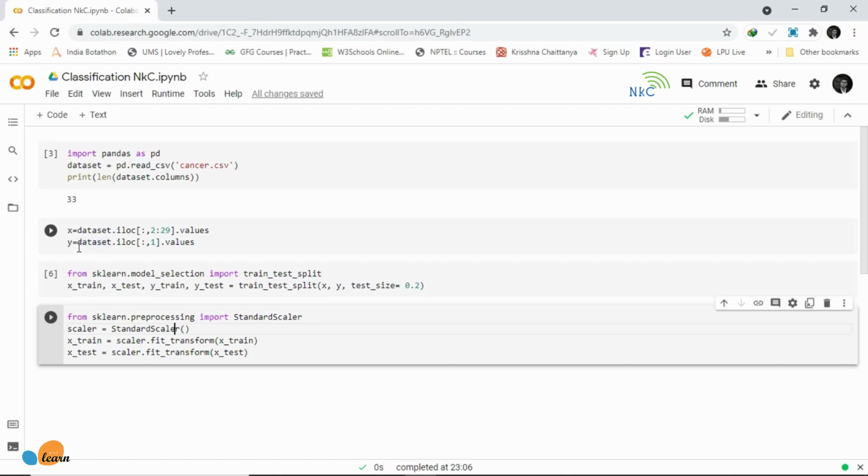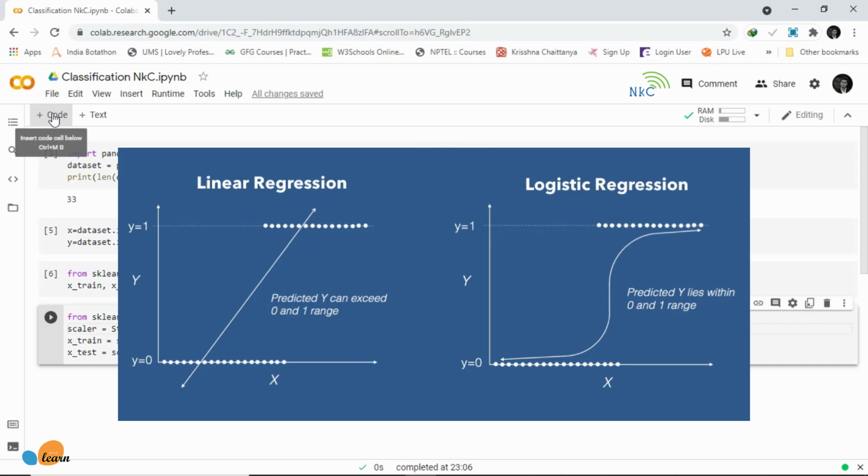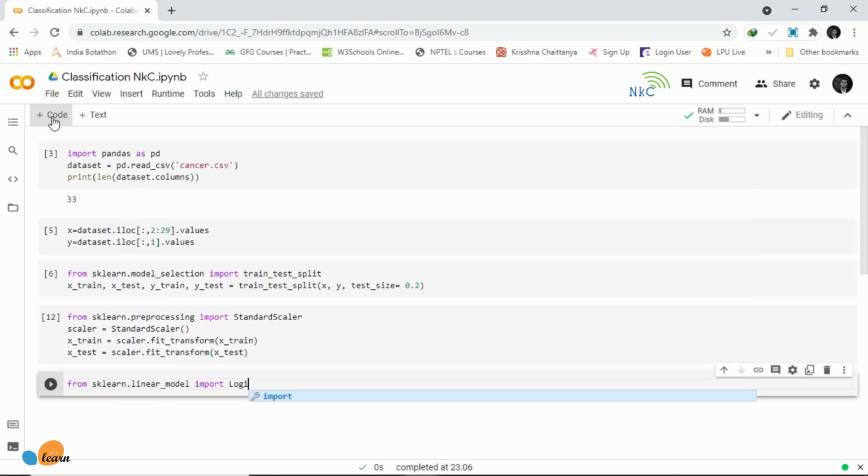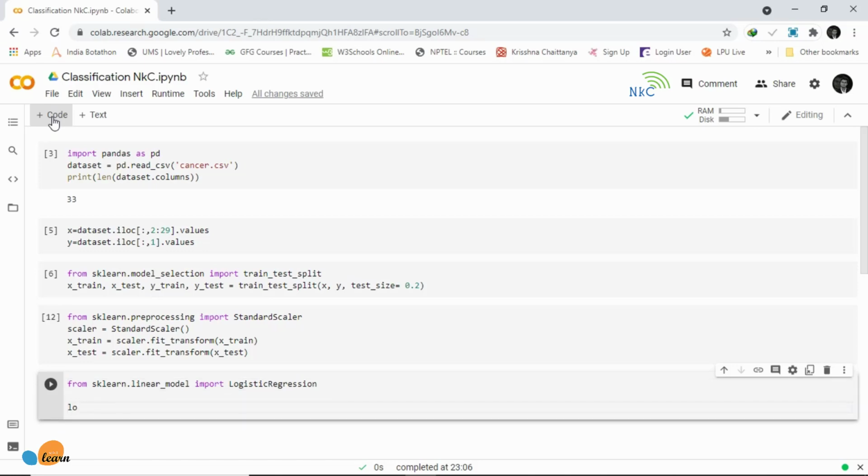If you look at the image on the screen, what we are trying to do is predict if a tumor is malignant or benign, so if it's a 0 or if it's a 1. You can see here we could use linear regression, however it doesn't work well because linear regression is supposed to work on continuous values, right? And obviously a tumor is not.